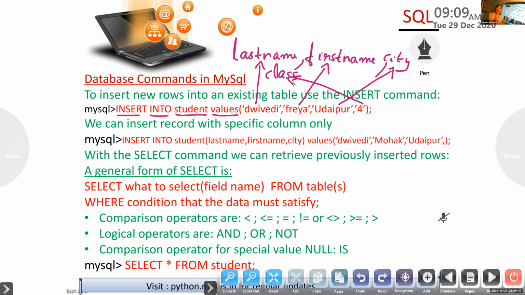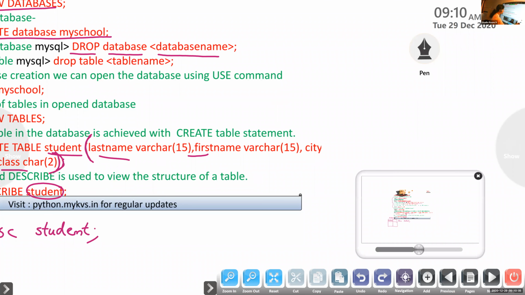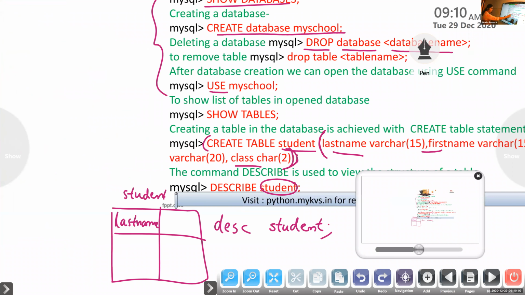Because even though it is a number, its data type given at the creation of the table is varchar. That is why it is enclosed in quotes. See the table creation: class char2 or varchar. So char2 means it should be a character value.